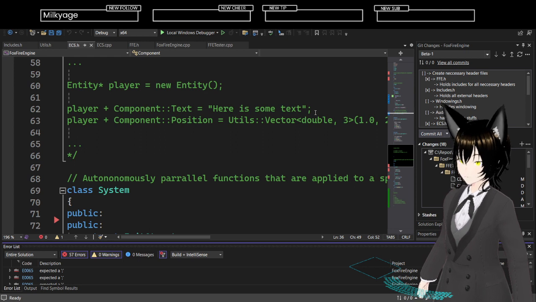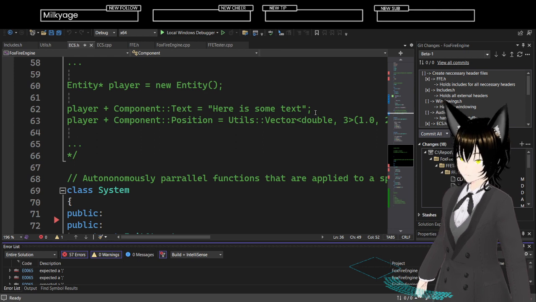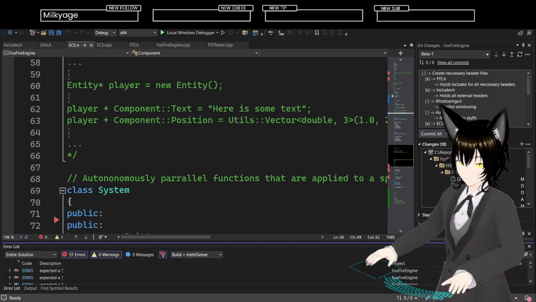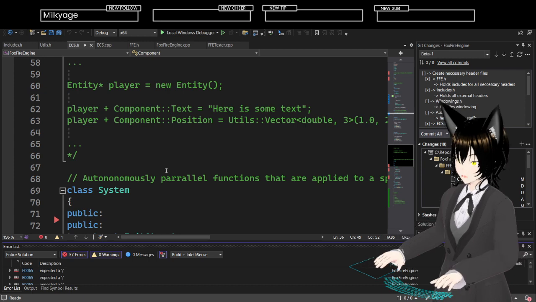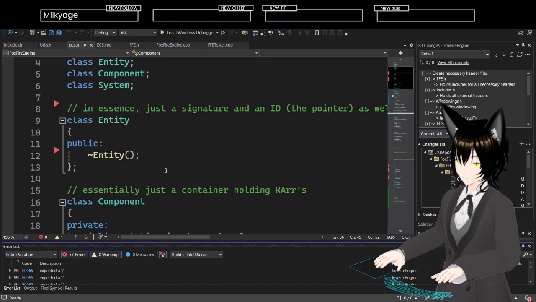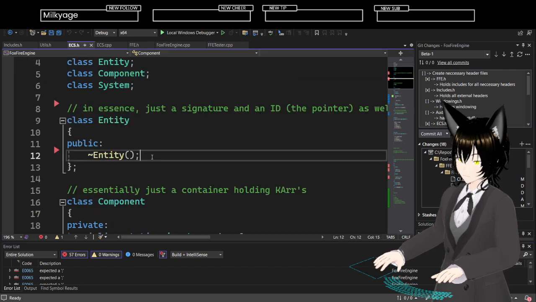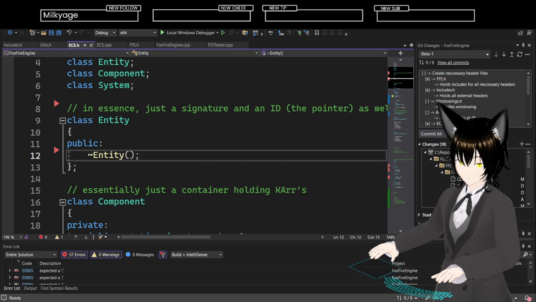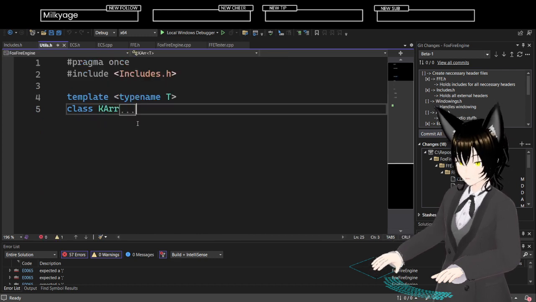Two failed. Until line 12. utils.h, line 12.